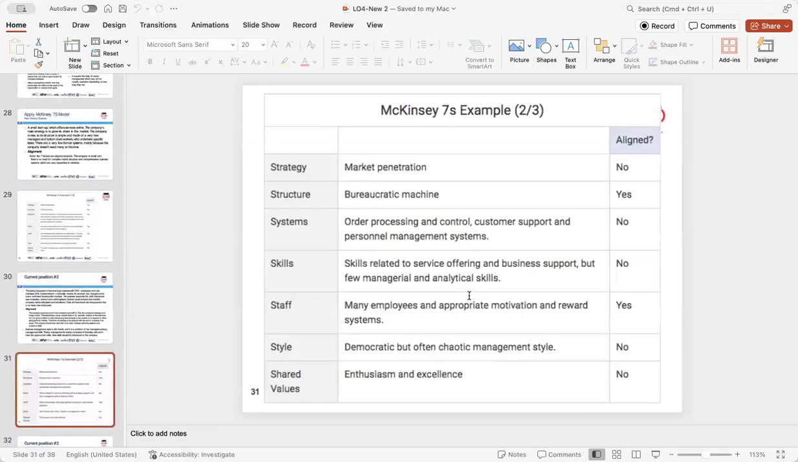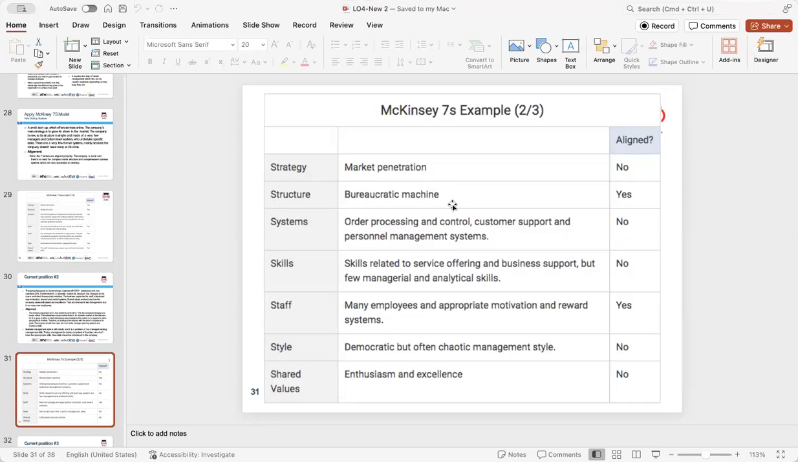Again, it's examples. Strategies of penetration is no longer effective, including a misalignment with the company's current market positions and growth potential. The bureaucratic structure is appropriate for managing a large workforce, but may create issues. Systems introduced for order processing control, customer support, and personnel management are a step in the right direction. Skills: while skills related to service and support are present, there is a deficiency in management and analytical skills needed